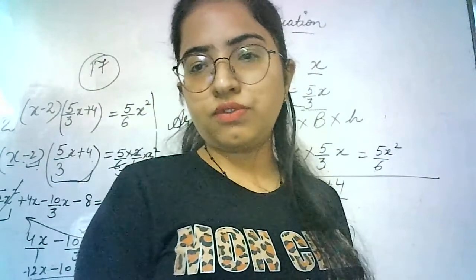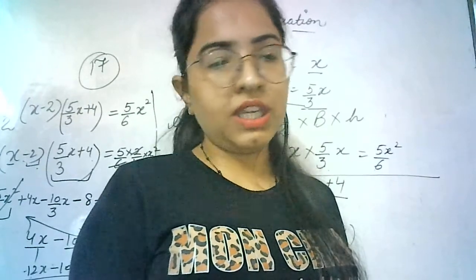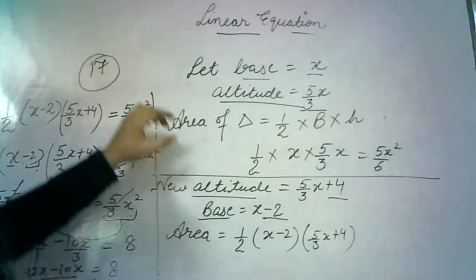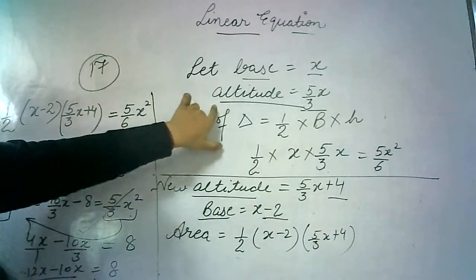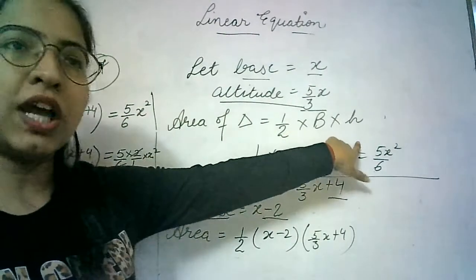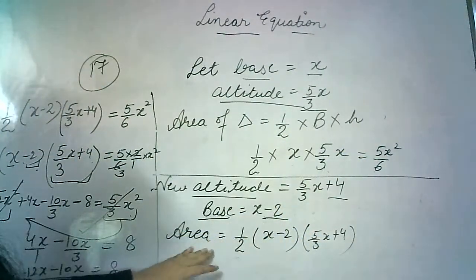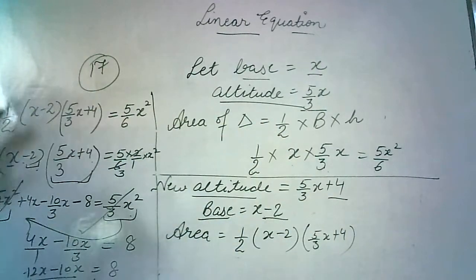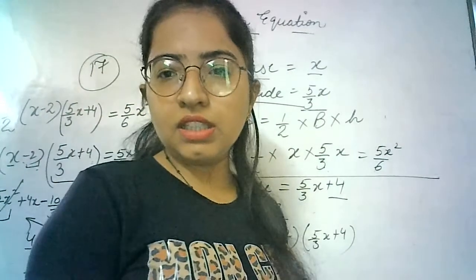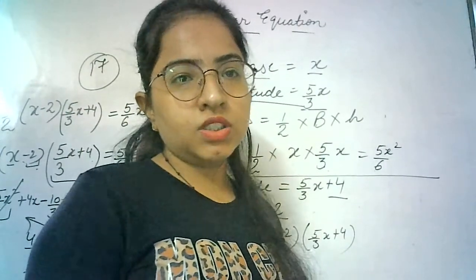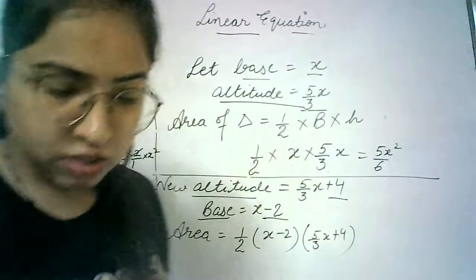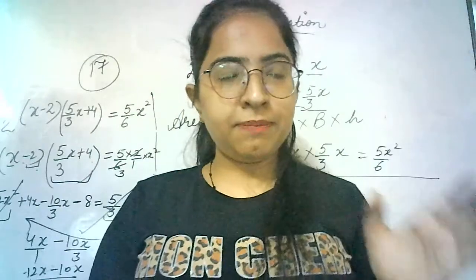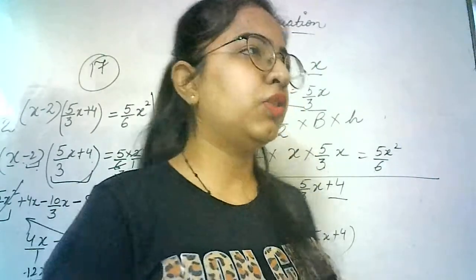All you have to do is the transposing only, and you know very well how to transpose. You just must understand this concept only: if base and altitude are given, the area of triangle is half into base into height. When base and altitude are changed, the area of triangle will be half into base into height. Both the areas are equal, you can put them equal like this. Clear everyone? So if base of triangle is 12, altitude will be 5 by 3 into 12. It will be 20 meters.